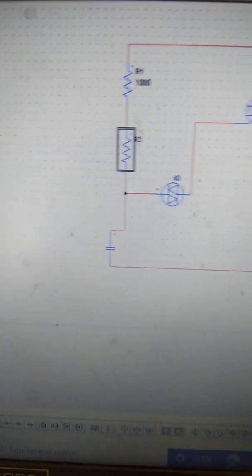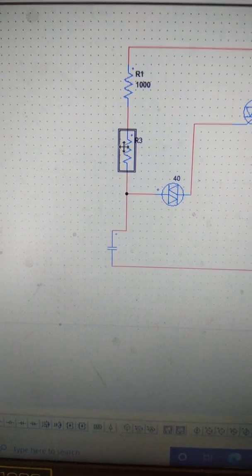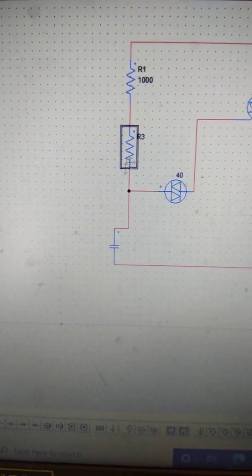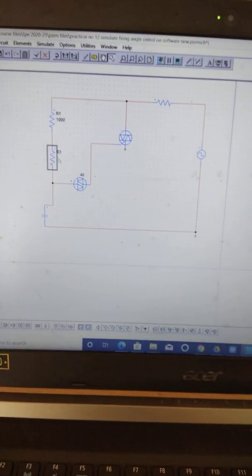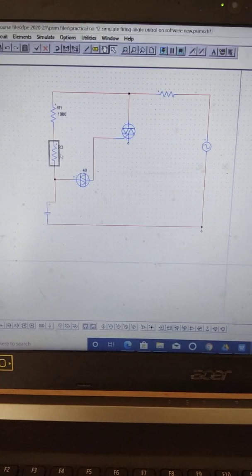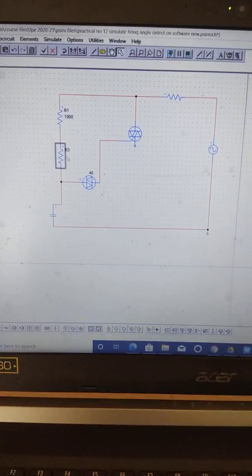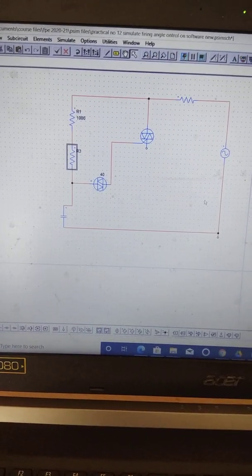R3 is another value of resistance, or we can use a pot instead of this R3. So in this way, we can construct or interconnect different components on the PSIM interface.